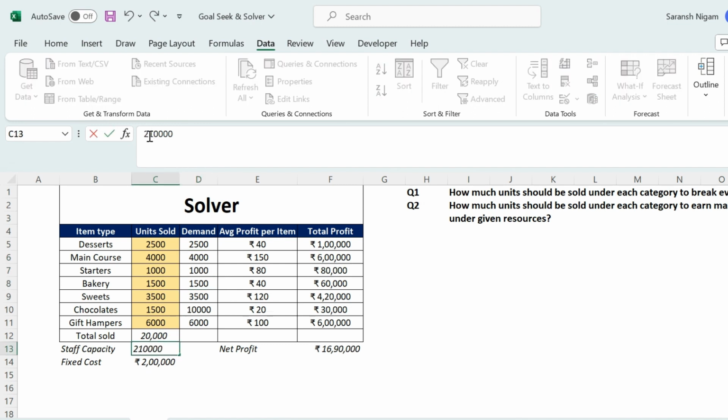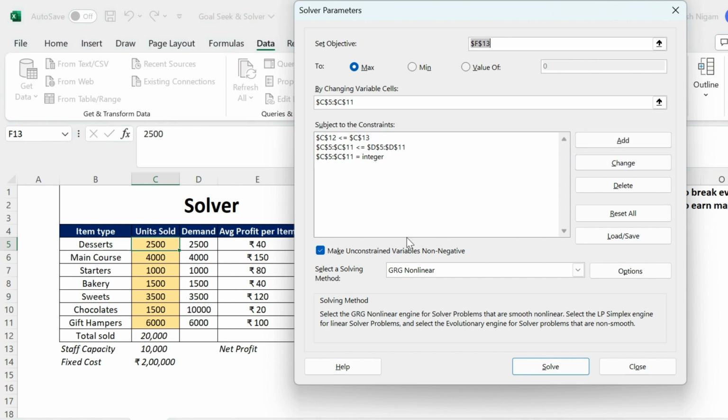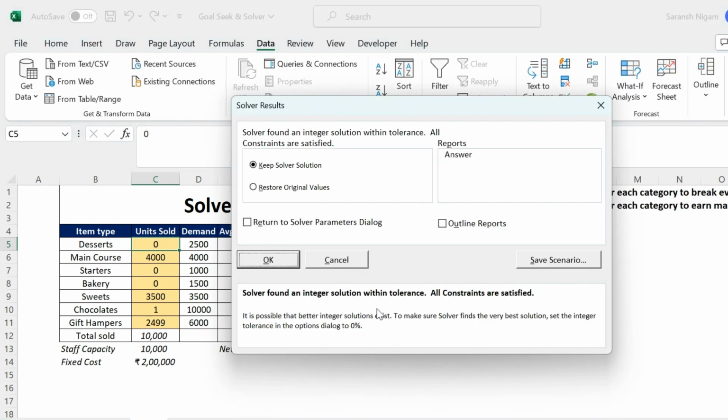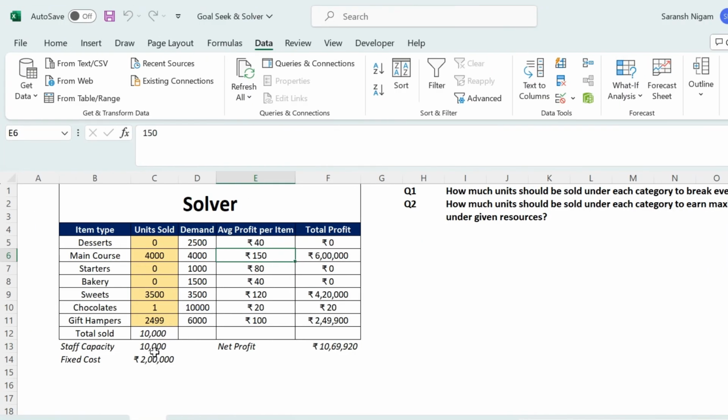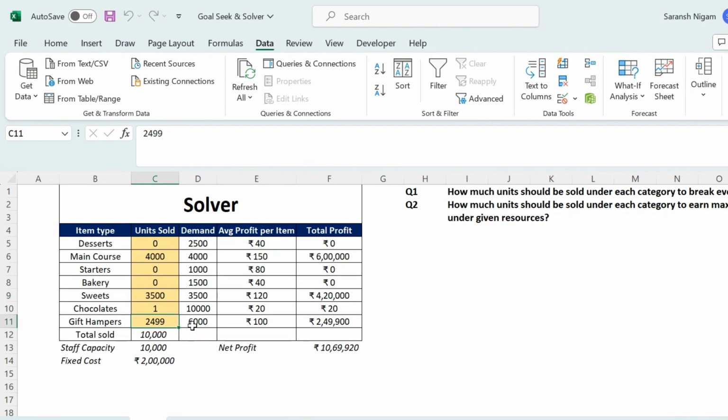Let's say I reduce the staff capacity to 10,000, and once I'm done with that, I can play with it more, or I can choose to run the solver again. Once I run the solver again, it gives me a new solution. As per the new solution, since our staff capacity is now reduced to half, it is now focusing more on items which have larger profits. For example, for gift hampers which have 100 rupees, and for main course which has 150 rupees, it is recommending that we meet the demands. And for low profit items, it is recommending not to sell those items, since we have a staff capacity of only